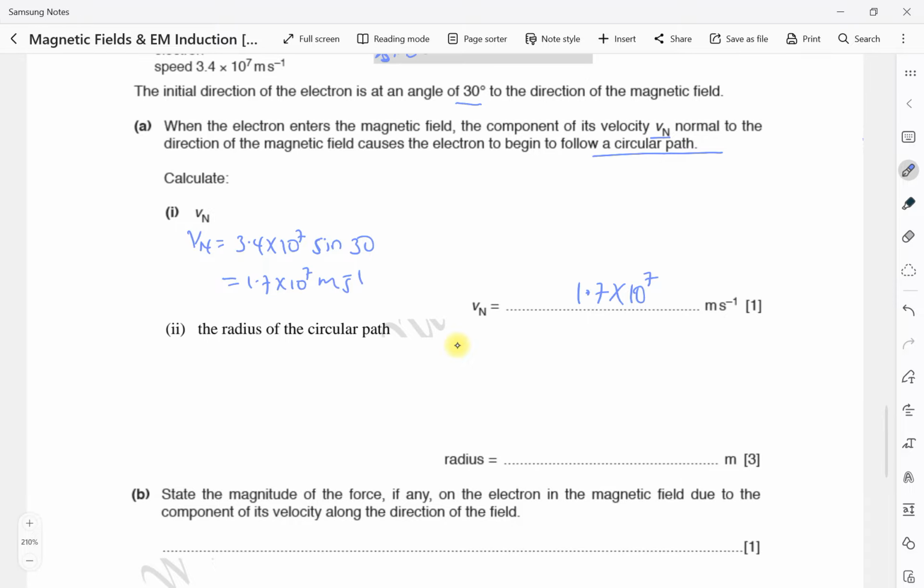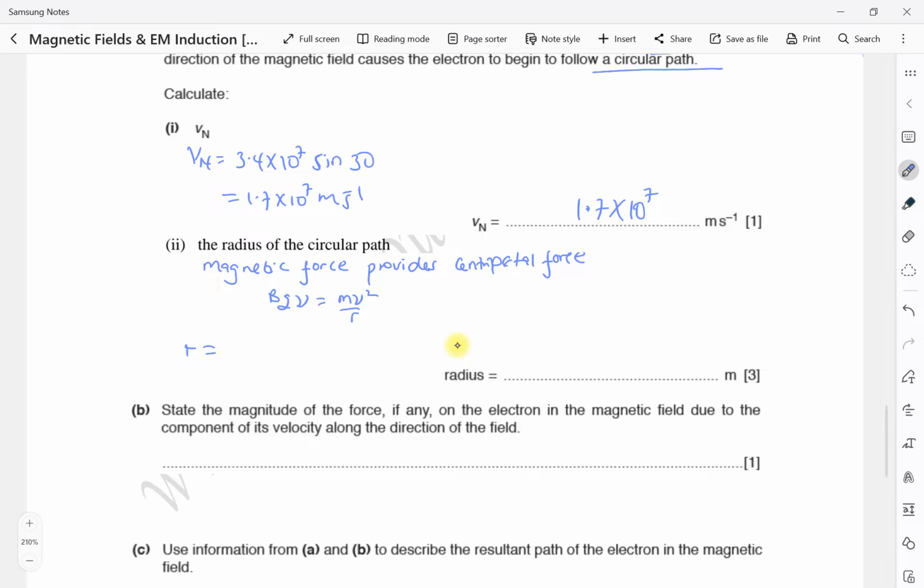Then the radius of the circular path. Of course, now the magnetic force provides the centripetal force. So the magnetic force provides the centripetal force. This means BQV is going to be mv squared over r. And r is going to be equal to mv divided by BQ,